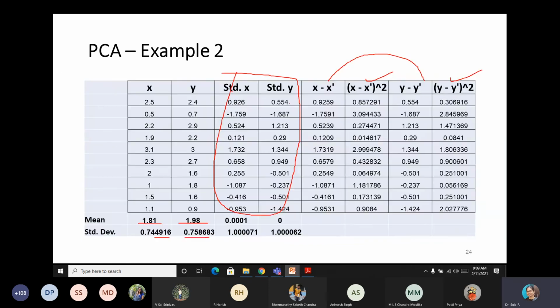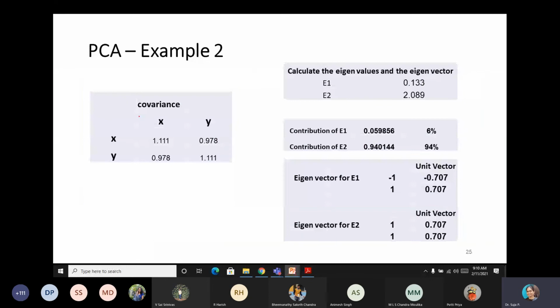So what we are doing is we take these 10 rows and 2 columns, and then we will be finding the x minus x bar into y minus y bar. So this into this for every element, we will be doing, and then divide by 10. Similarly, only for the diagonal you will have this element, so divide by 10, you will get this value. Once you perform the summation and divide by 10, you will know the values. It will give the covariance values like this, the covariance matrix.